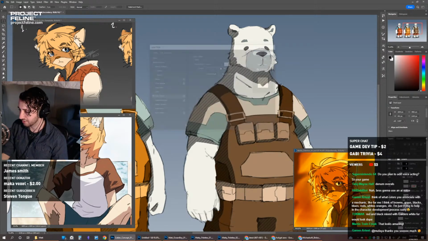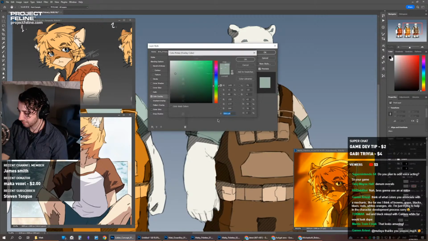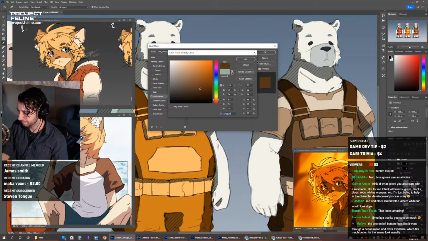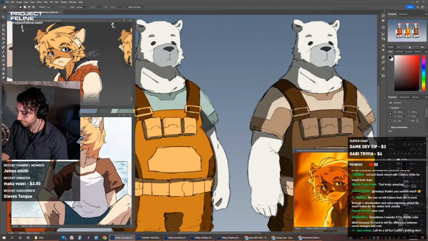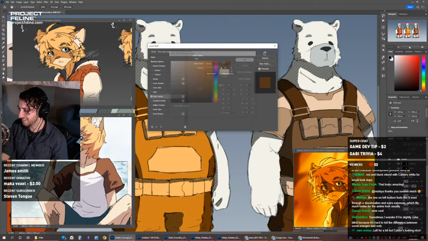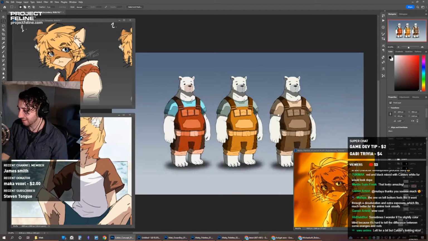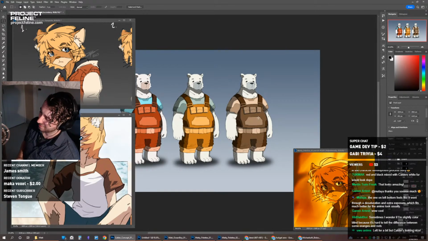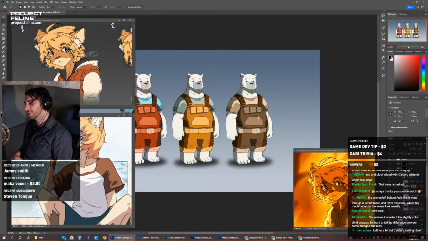We'll try doing it all kind of monochrome and just see how it looks. Because if we do all brown, it doesn't really look, I don't know, it gives me like Gears of War. That's kind of where my brain's going.